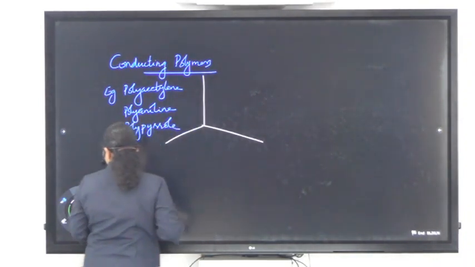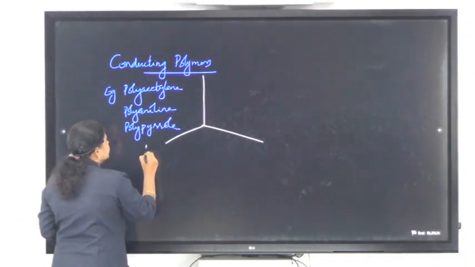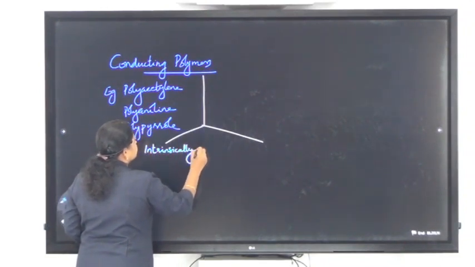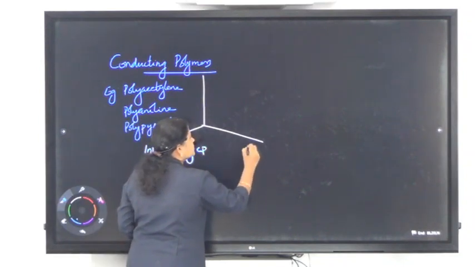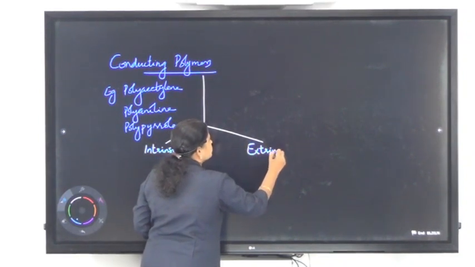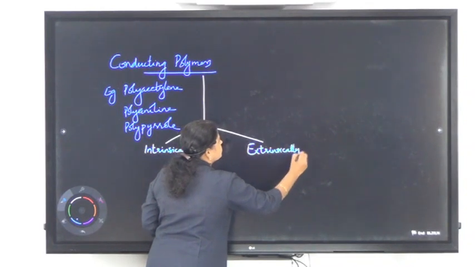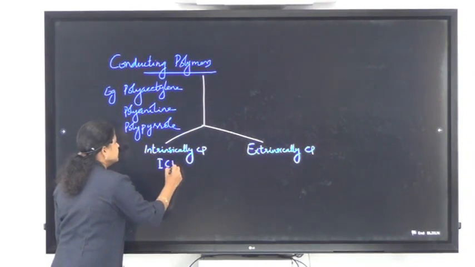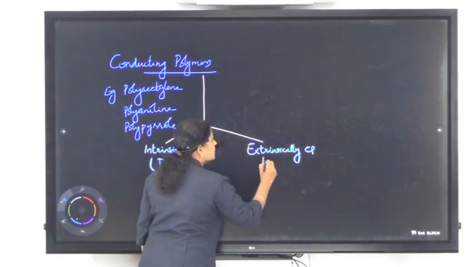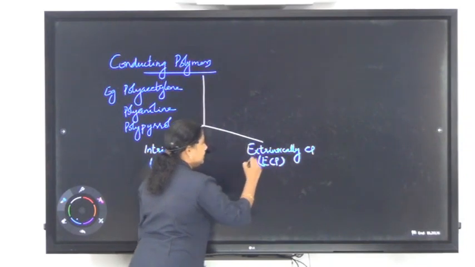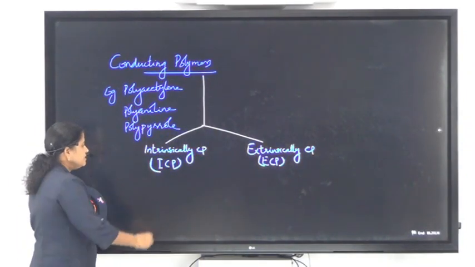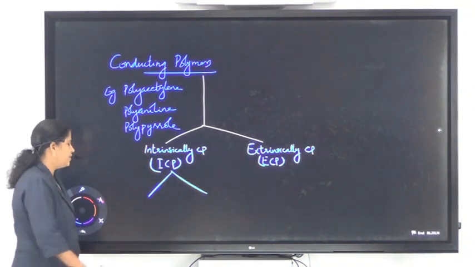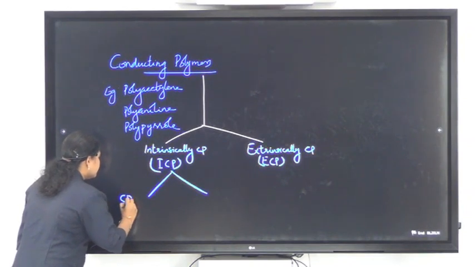Then these conducting polymers can be classified into two types: intrinsically conducting polymers and extrinsically conducting polymers. Intrinsically conducting polymers are known as ICP, and extrinsically conducting polymers as ECP. Then intrinsically conducting polymers are again classified into two types: